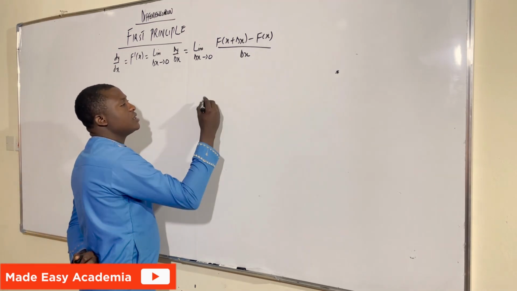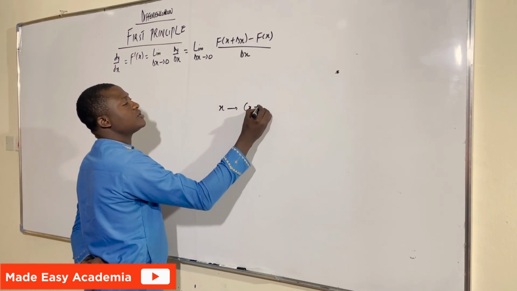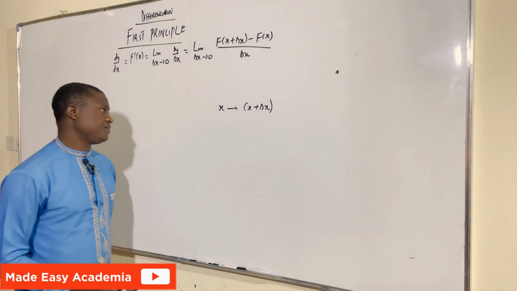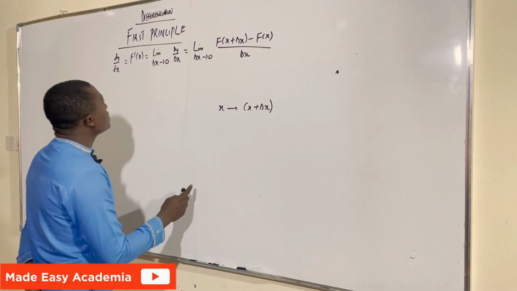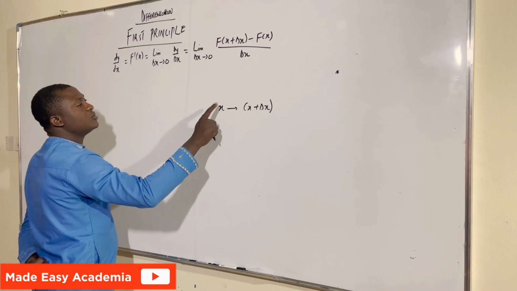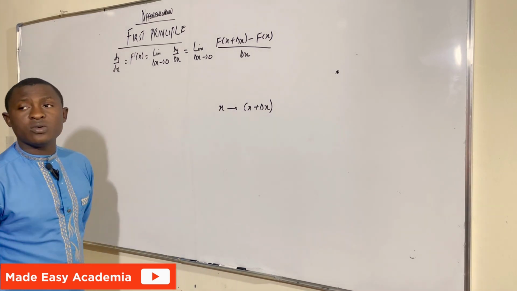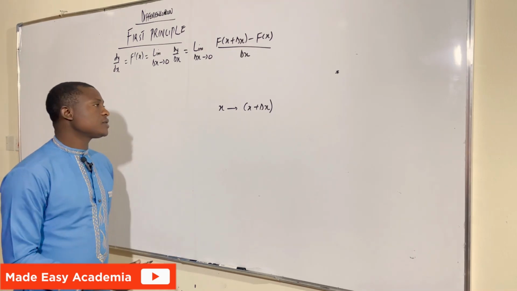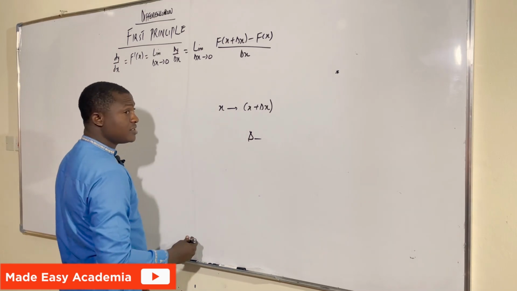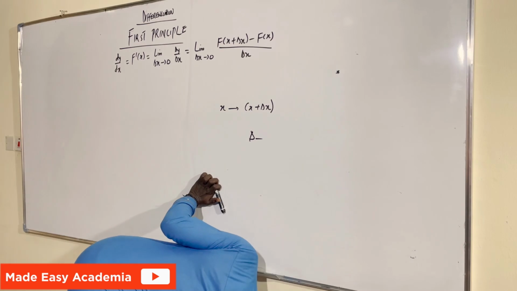In this case, if I'm using first principle, whenever I see x, I will just be replacing x with x plus changing x, we call it delta x. That's just the simple logic of it. If I'm solving a problem, instead of writing x, I'm replacing x with x plus dx. You can call it delta, or you can call it change. This symbol, call it delta. I'll be calling it d to save my time. For example, let's say I want to find